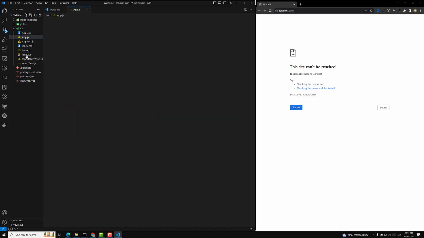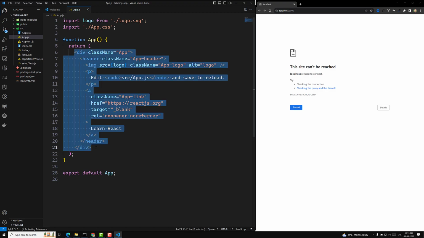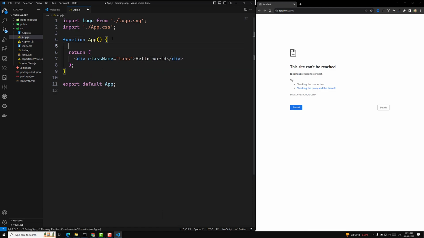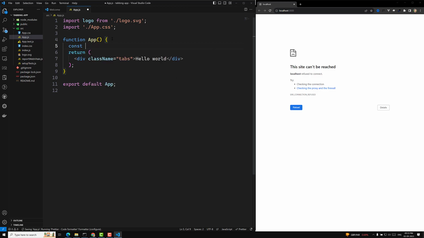Let's go to the app.js file. Here in this app.js file I will delete all the code. Okay, and I will create a div with className equal to tabs. Okay, so tabs, this is the tabs I am trying to create, and here I will write hello world. Just I will write hello world, and here we'll have some tabs like